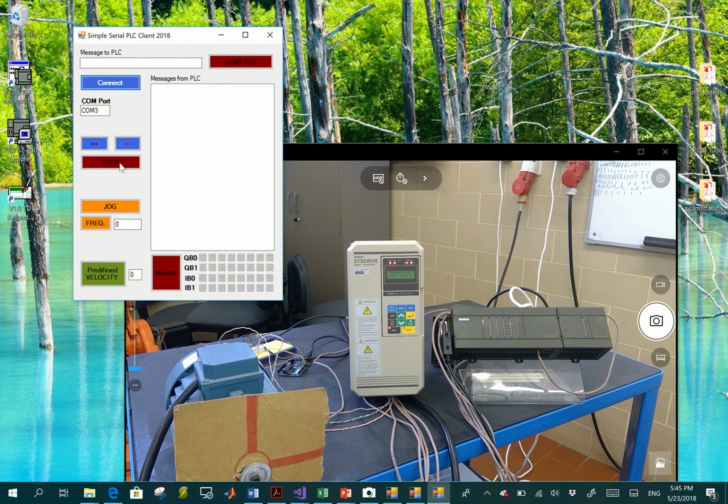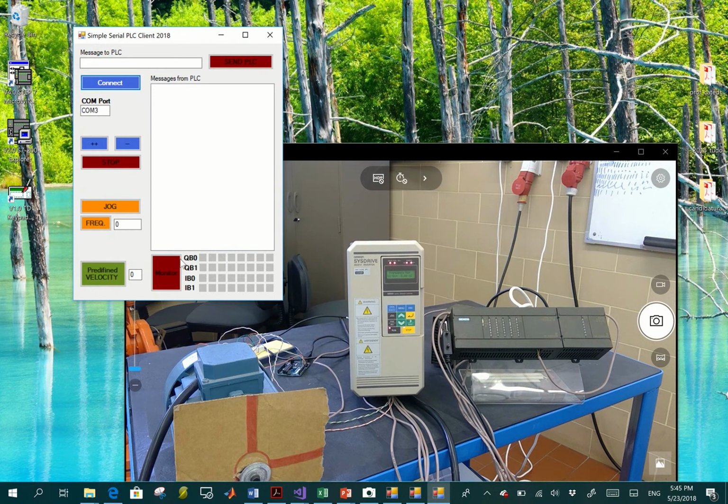You can stop the motor, you can enter jog mode and specify the frequency you want the motor to spin, or you can access one of the 7 registers with predefined velocities. I stored seven different velocities in memory so that I can access them from here. You just specify what register you want to access here and click this button and the system will run at that